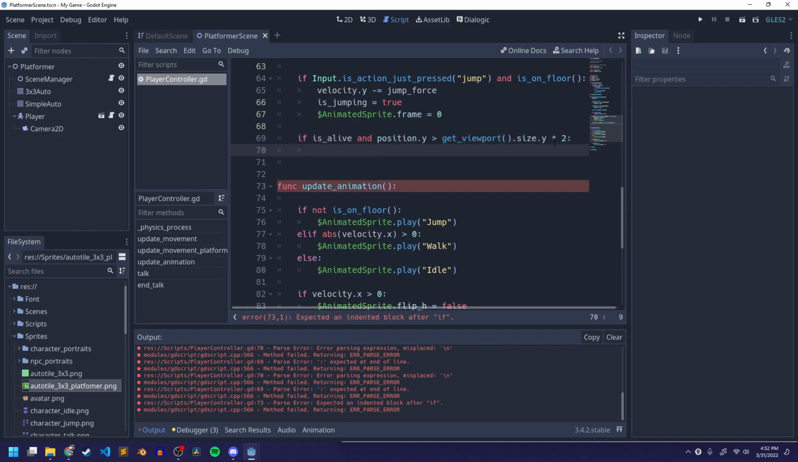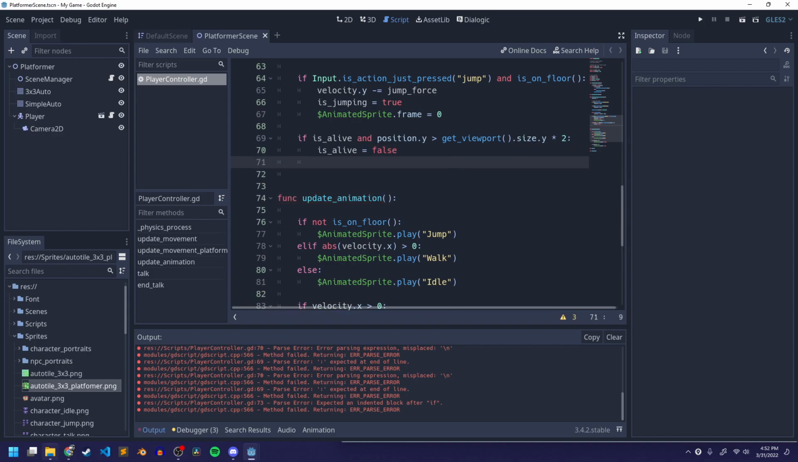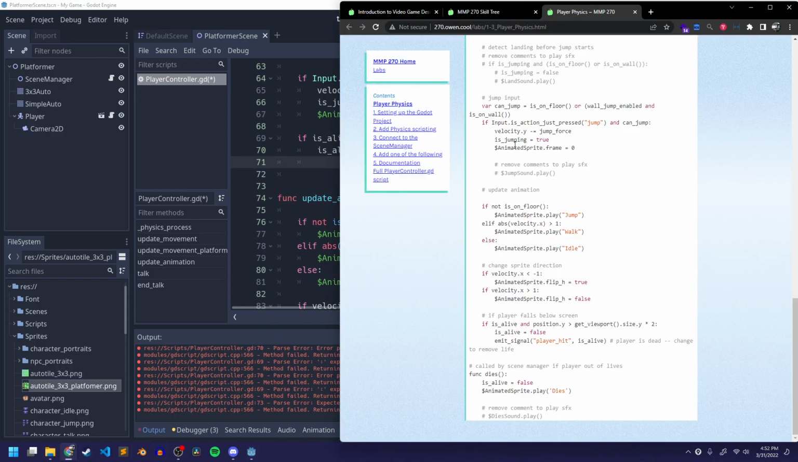So this way it's relative to the size of the game window. I could just put this number in here because I know what it is. The game window is 512, and so this is just 1024. But writing it like this means that if I decide to change the game window in the future, it's not gonna break the way that the code works. So if this happens, is alive equals false. So the game will stop updating. And we also want to call the